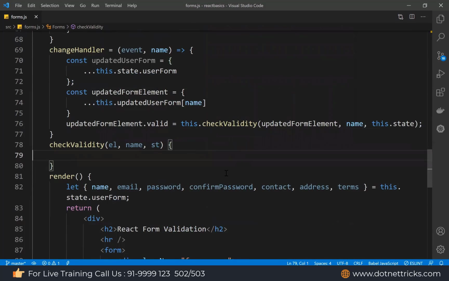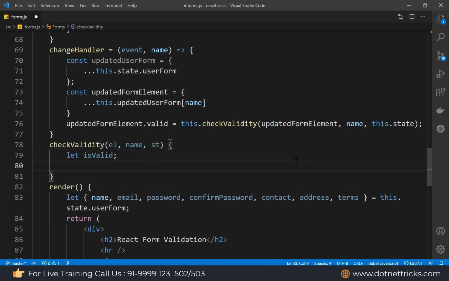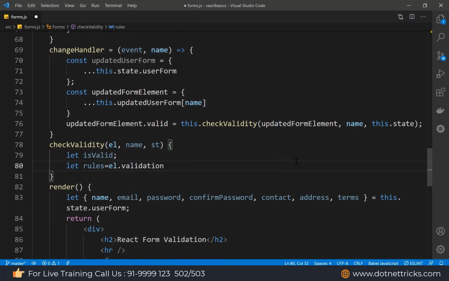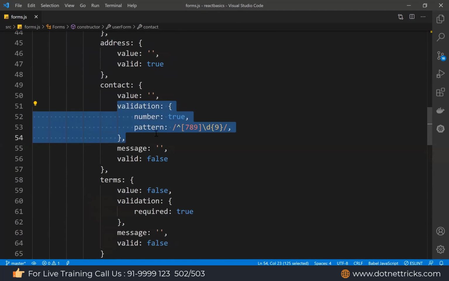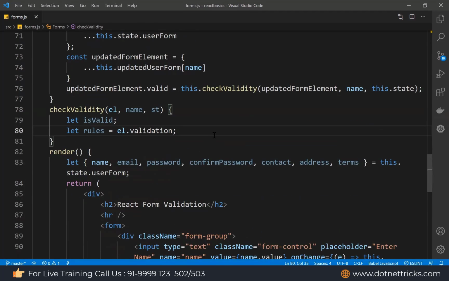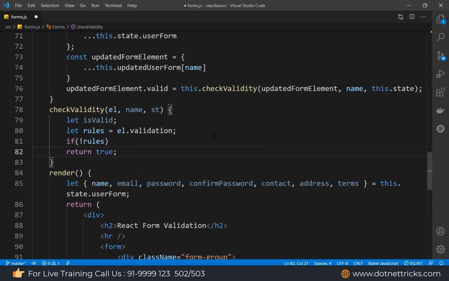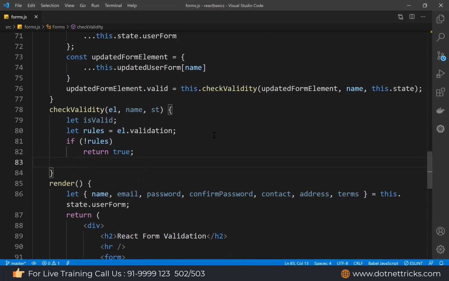Now here in checkValidity, we will write our logic to check the validity. For checking the validity, let's say I'm defining a variable isValid, as we define a global variable. The element has a set of rules, so for rules I'm defining an array. Then from the element, let me get the set of rules, because these are the rules we have. These rules we are going to pick up in this rules variable. Now let me check whether we have rules at this level or not. If there is no rule, then return; this is for those elements which do not contain any validation.